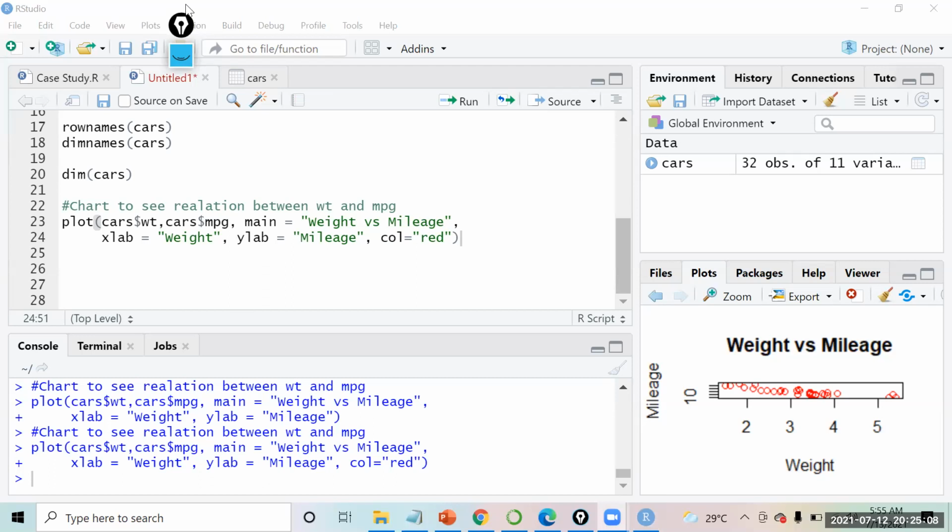Yeah, just a second. Can you share the code as well once? What is the code that I've written?